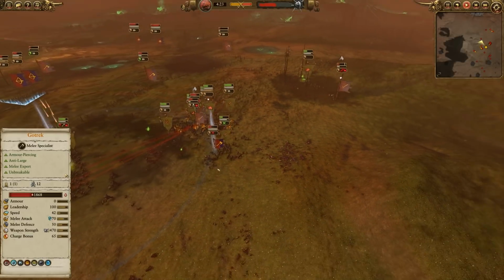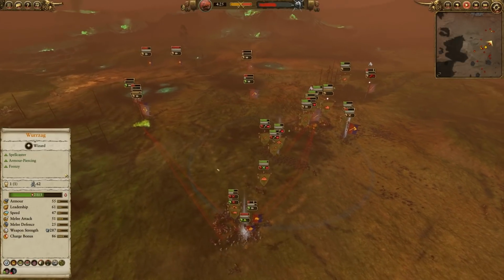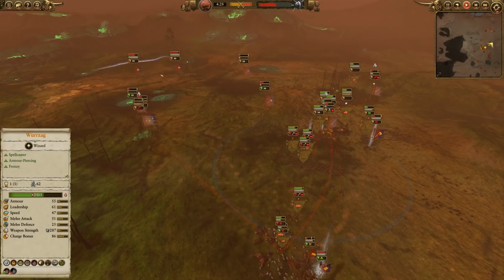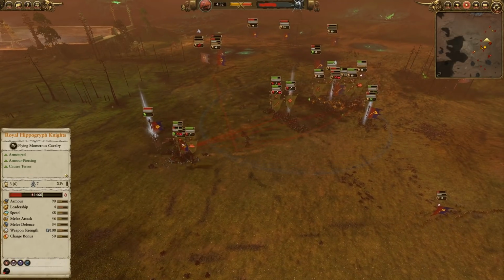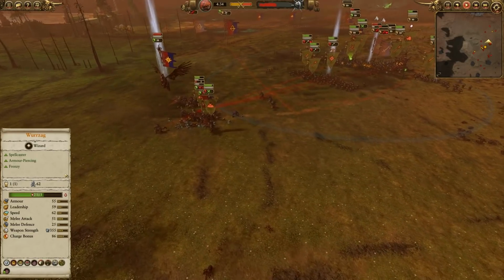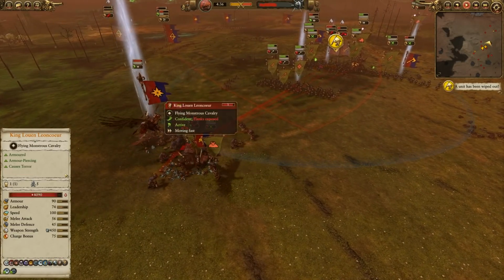Gotrek still fighting, of course. He's going to be wearing down the Greenskins' forces wherever he is, but these Knights of the Realm are coming back. The balance of power is still very even because of them. Here, these Hippogriff Knights rush down to try and bail Lewin out, and they are able to, which is definitely